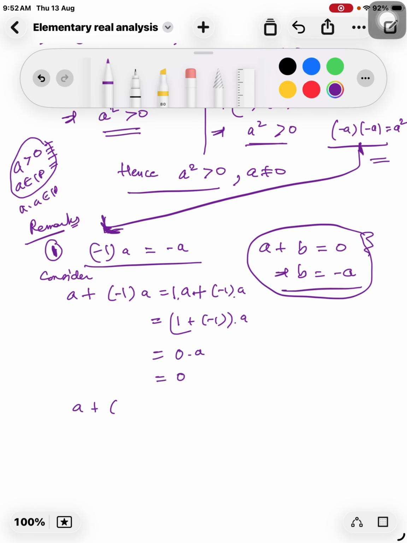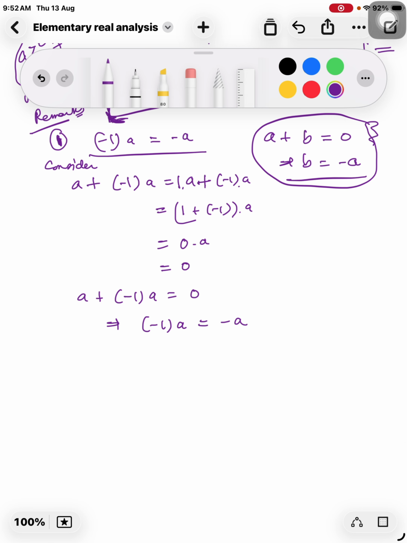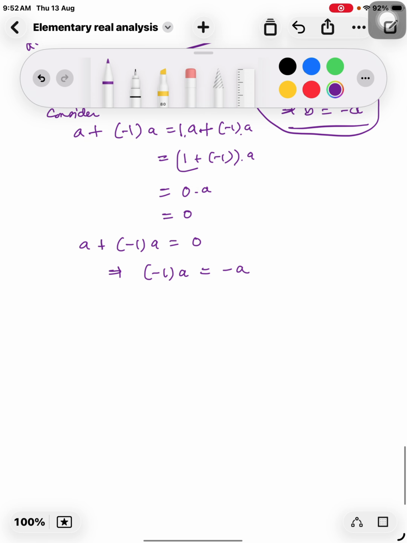So we get a plus minus 1 into a is 0, which means that minus 1 into a is additive inverse of a. तो जितना ये भाषा यूज़ करोगे माइनस ए की बजाय एडिटिव इन्वर्स ऑफ ए, तो समझ आएगा हम क्या कहना चाह रहे हैं। तो माइनस 1 इंटू ए इज़ माइनस ए, पहली चीज़ ये हमें मिली।